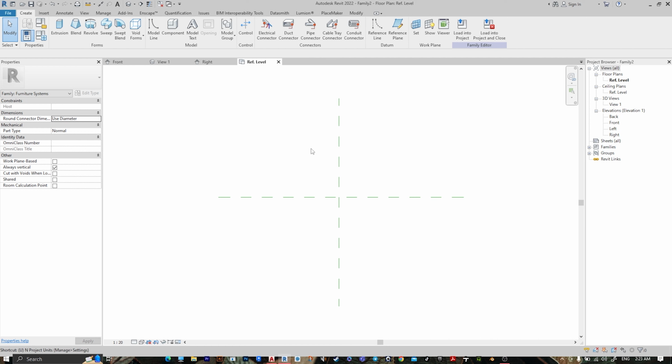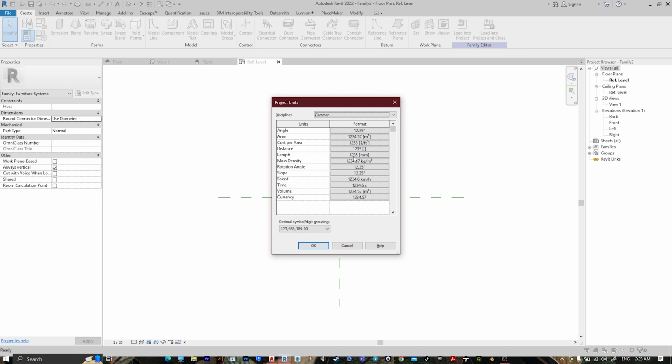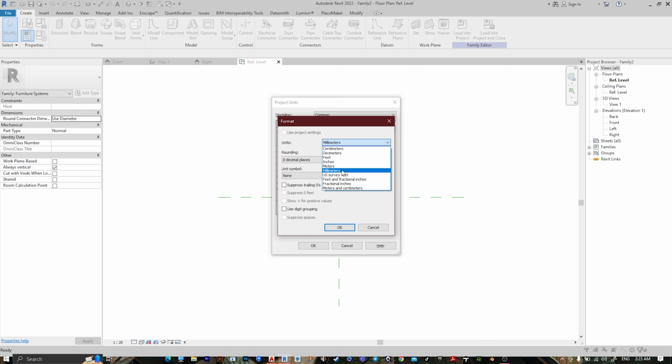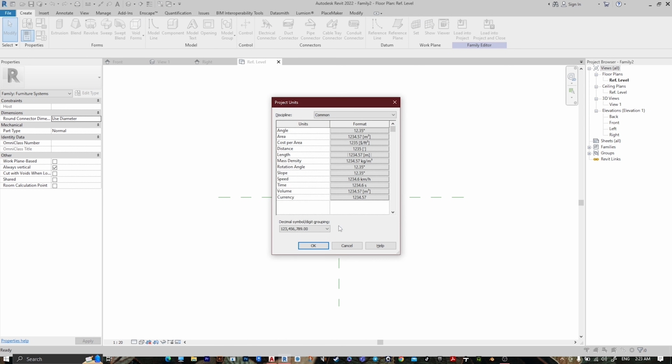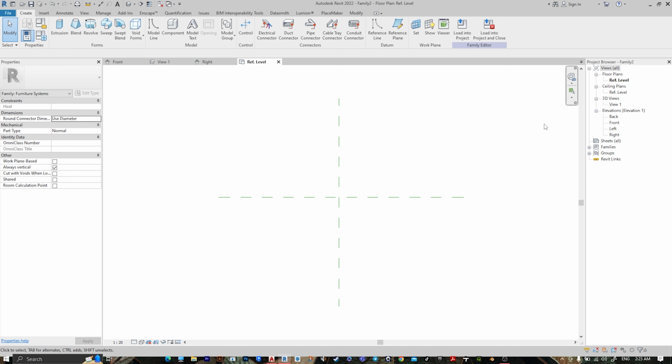Change the unit, press UN, go to Length, make it meter, and the rounding to decimal. Then press OK, then OK. After that, go to your front,